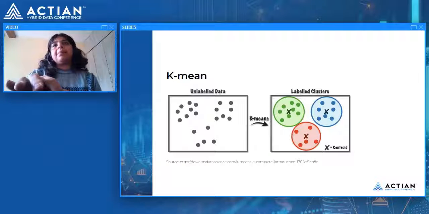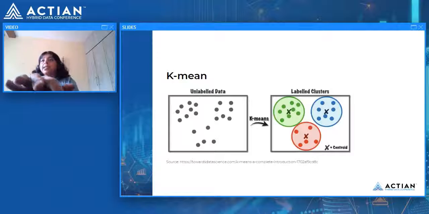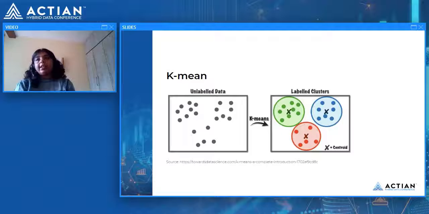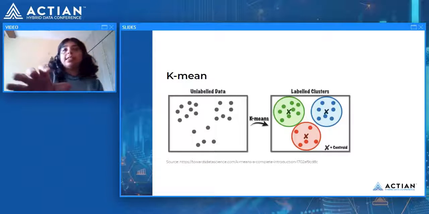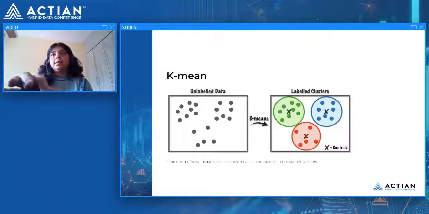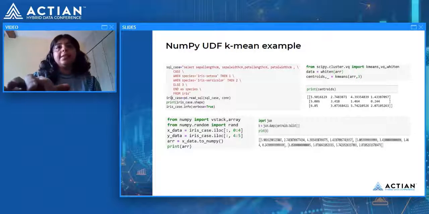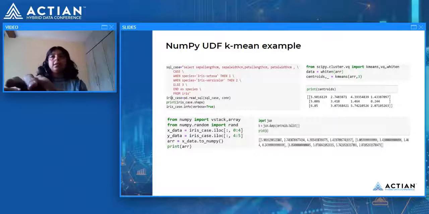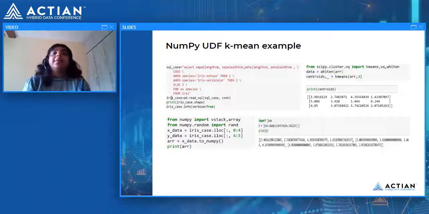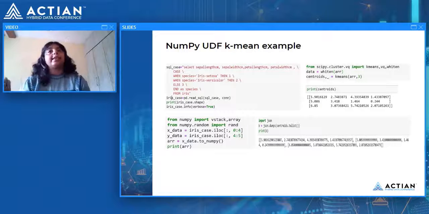So to explain with a simple example, I have a k-means here. K-means is one of the simplest and most popular unsupervised ML algorithms. It identifies k number of centroids, then assigns every data point to the nearest cluster while keeping the centroids as small as possible. So I'll quickly go over how I've done it. The model is simple, as I did it before. Using SciPy, I made the model, and then I converted my data points into an array and created clusters out of it, in this case three clusters, three centroids I'm getting.